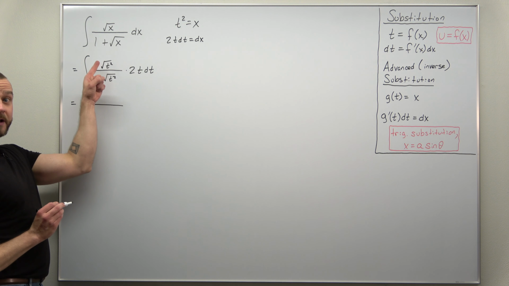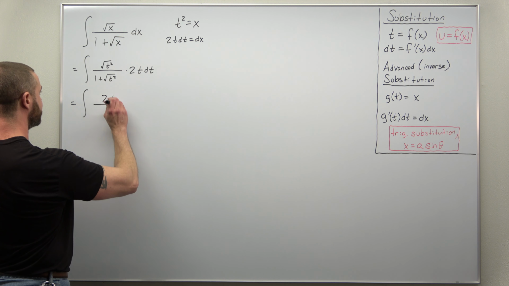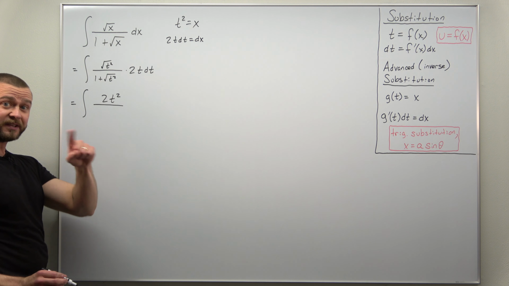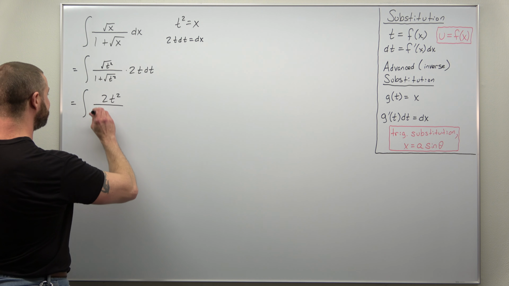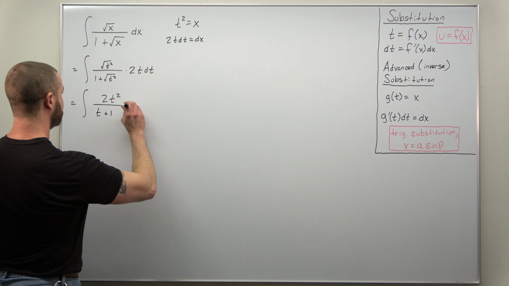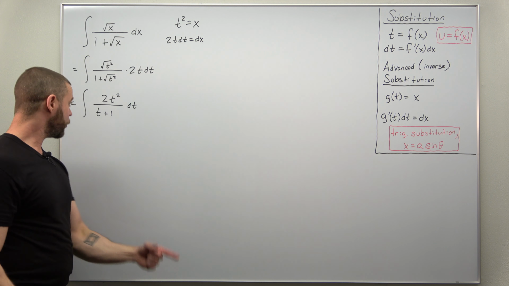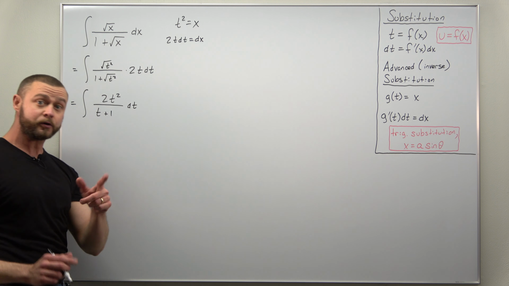Notice in the numerator, that becomes t. We have 2t here. We can write this as 2t squared. And then in the denominator, square root of t squared cancels to t. Let me just switch the order and write that as t plus 1. All right, and now we're left integrating this, and that looks much simpler because there's no more radicals or square